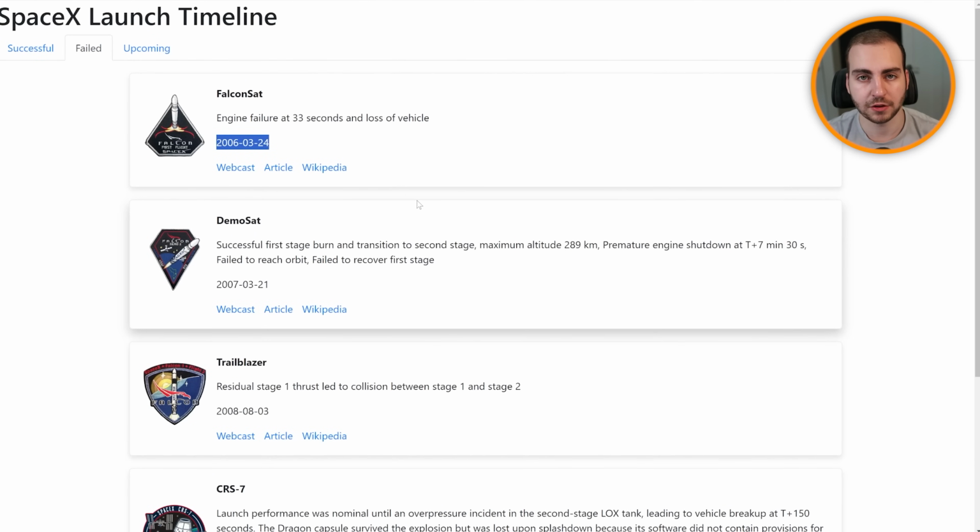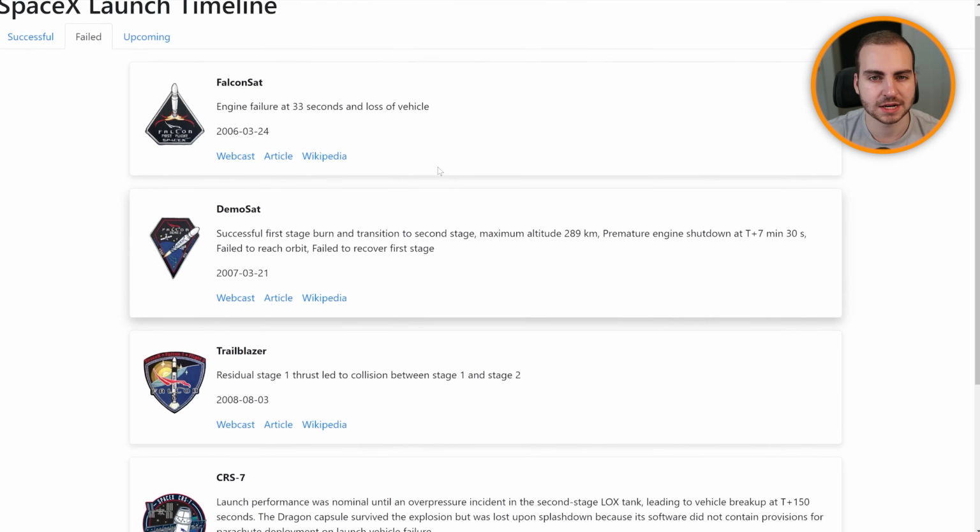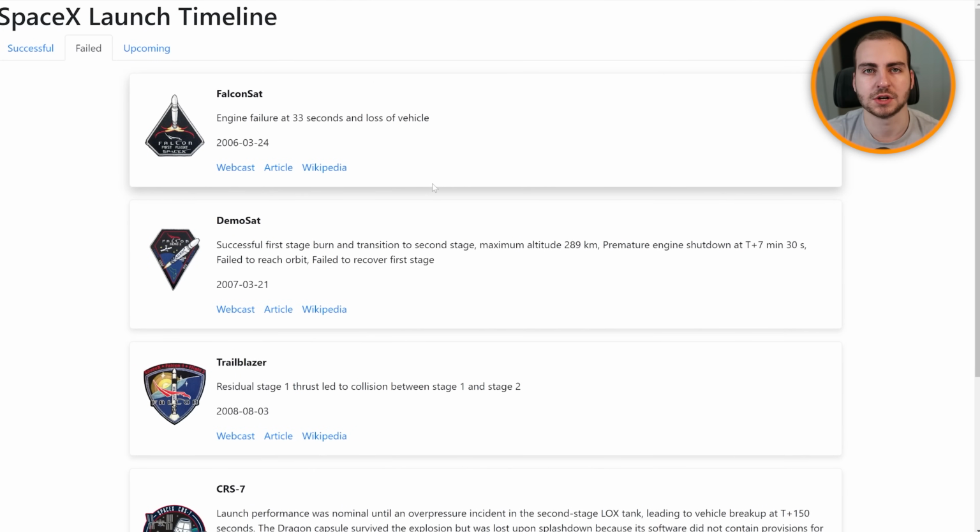Now, there's a bunch of other data that we're going to pull from the API that you can use however you want. You can visualize it in a graph. You can put it in some kind of table. You can view all of the launches that were recent or that are coming up. You can do really anything that you want. I just wanted to get a basic website set up here so you guys got some idea for the project you could potentially build or how you could extend this project once you finish making it.